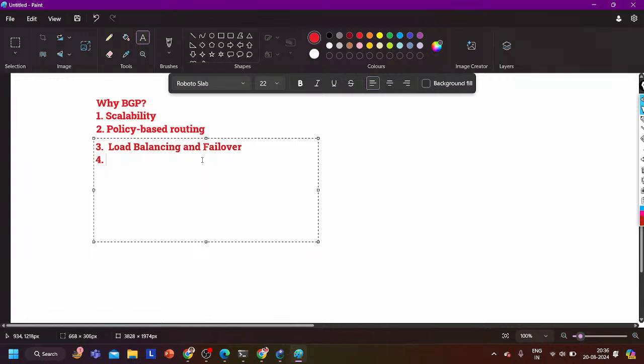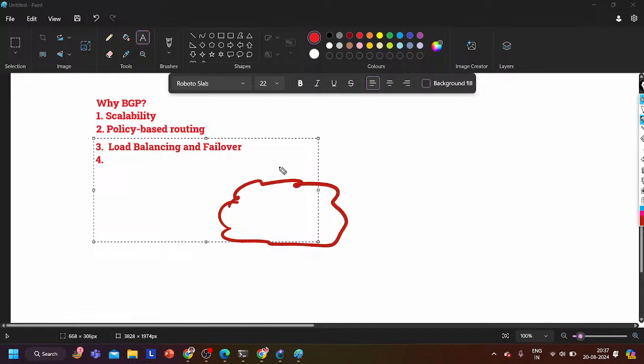Then the fourth reason can be, just think guys, what issues are there in IGP protocol, because you have already learned all types of IGP protocol. Just think, what are the issues there? We come up with BGP protocol to overcome all those issues of IGP. Like I told you, IGP can handle up to 1000 prefixes only. IGP protocol cannot manage more than 1000 prefixes. That means between companies we cannot configure IGP protocol.